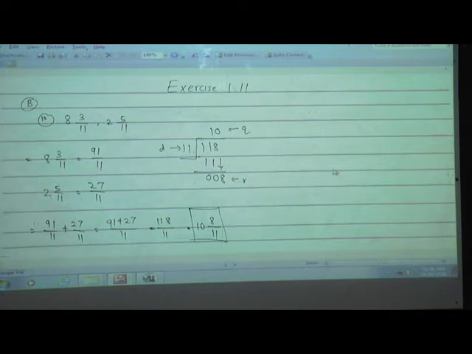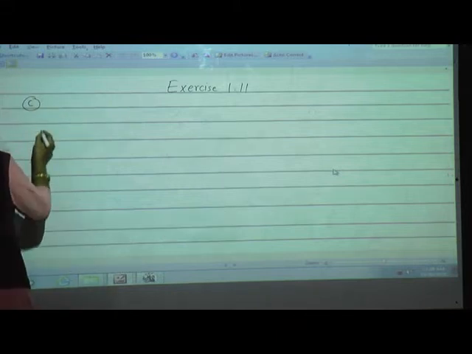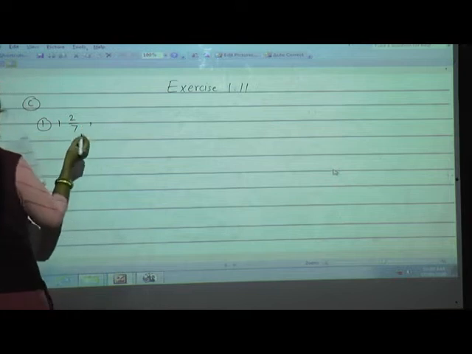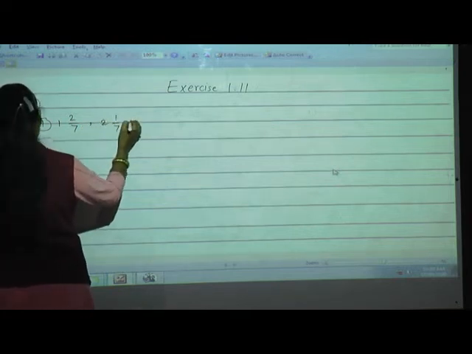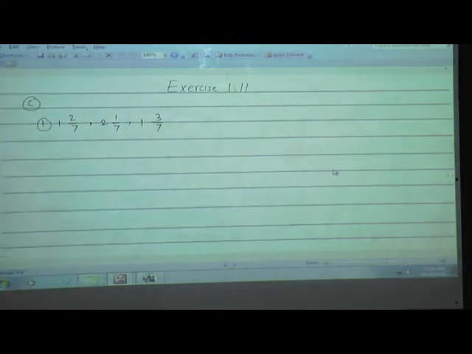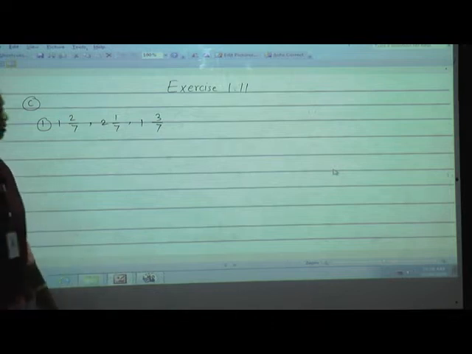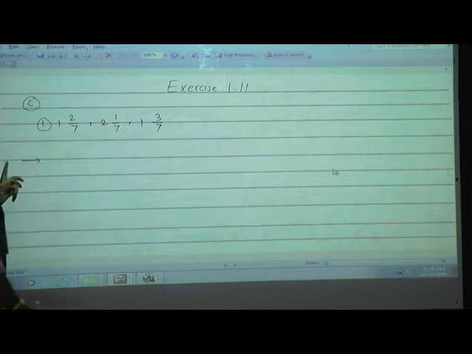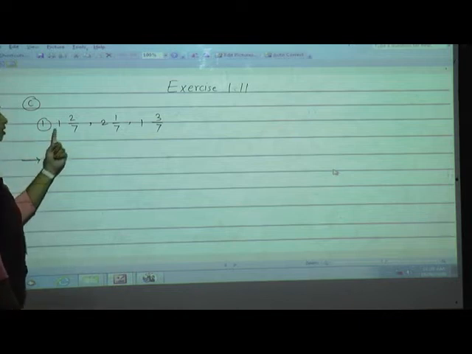Now we will solve C question. See, in C question, first one 1 2 upon 7 comma 2 1 upon 7 comma 1 3 upon 7. Now again they had given mixed fractions, but here 3 mixed fractions are there. Okay, so first see, there are 2 methods to solve this question. See how I will solve easily and we can solve in less time. So what we have to do, we have studied about 2 methods.